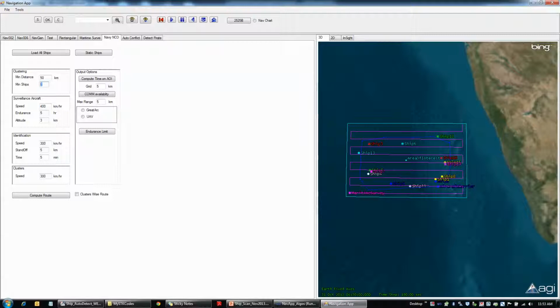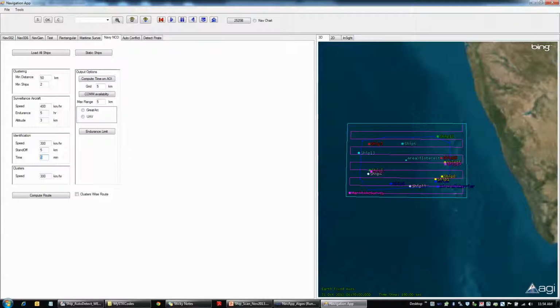And when it is inside the cluster, what should be the speed of the aircraft? So that means after you define the cluster, this speed will be used, and then you can provide the details of what it should do when it is near a ship. That means when it is near a ship, you can define the speed should be this much, and from the ship it has to stay this much distance away. You don't want to go very near to an enemy ship, so how much distance you have to keep from that enemy ship, and also how much time you need to identify that ship. That means your aircraft has to spend like 5 minutes to detect that ship.